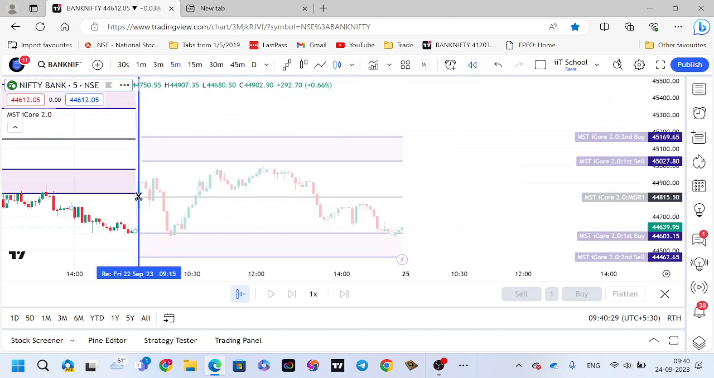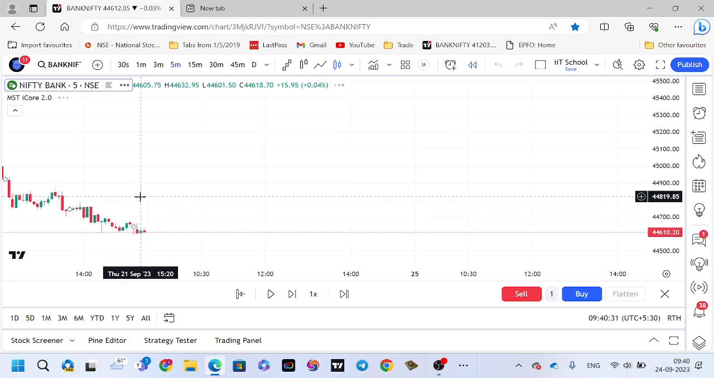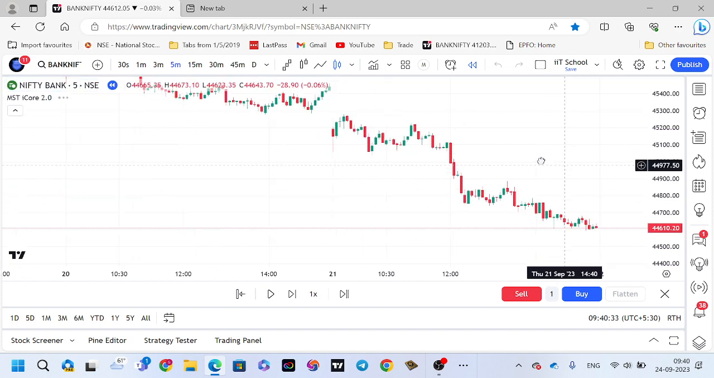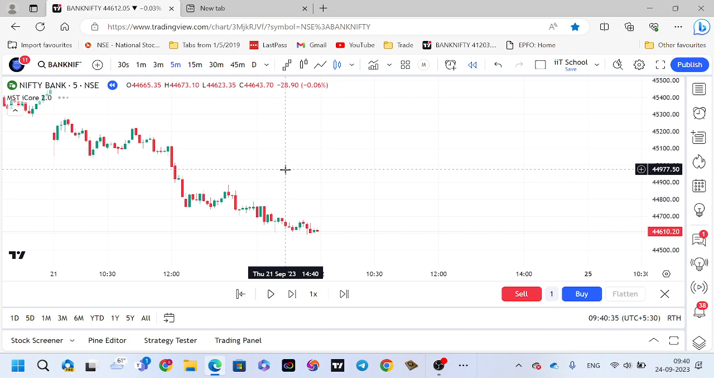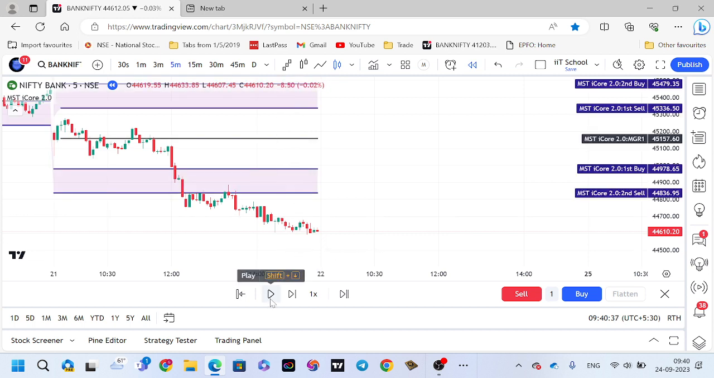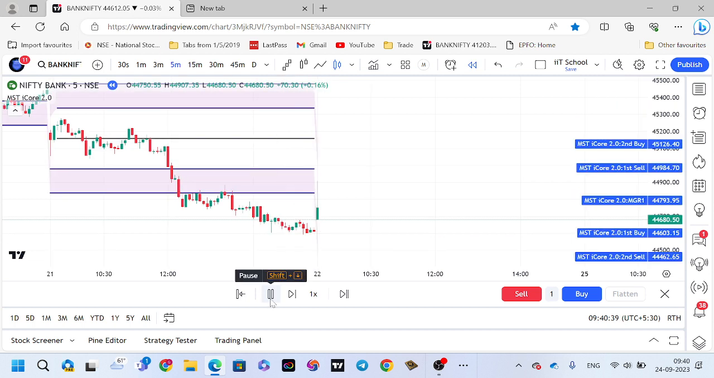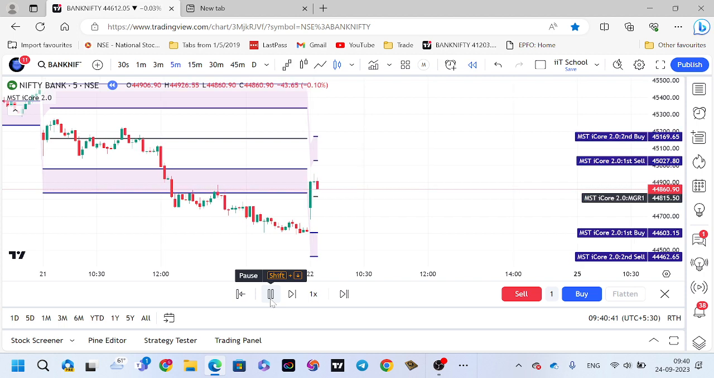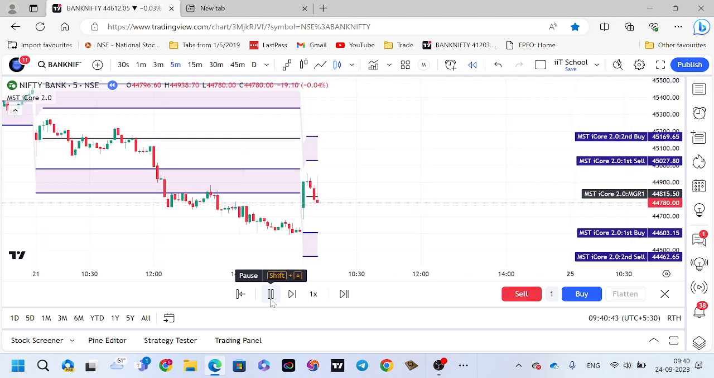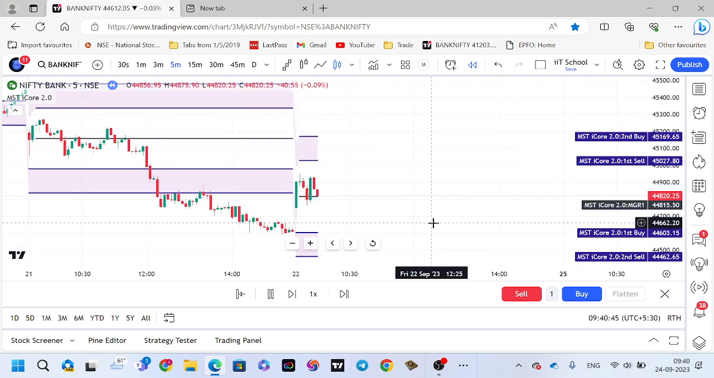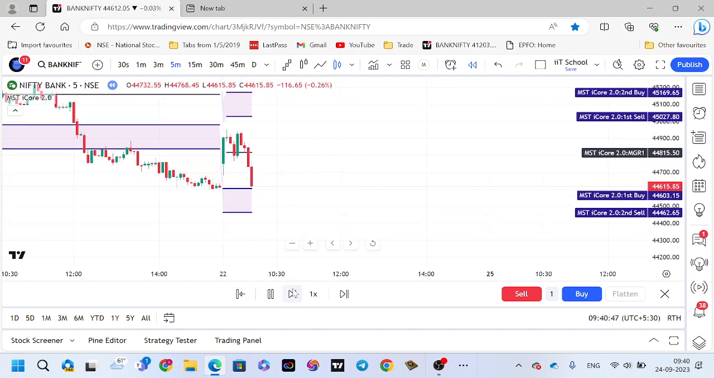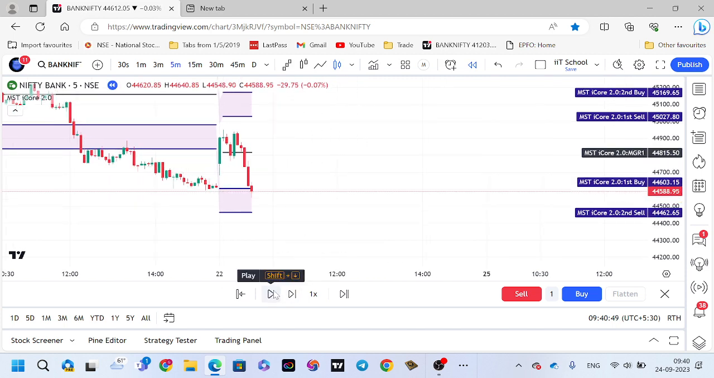So assume that market has just opened now. It's 9 o'clock on 22nd September 2023. I have kept it at 1 time speed. So market has just opened, and immediately once market has opened, our buy zone and sell zone got formed. Now we have to wait for the entry. If the market is coming down to the 44,600 range, then we will be taking